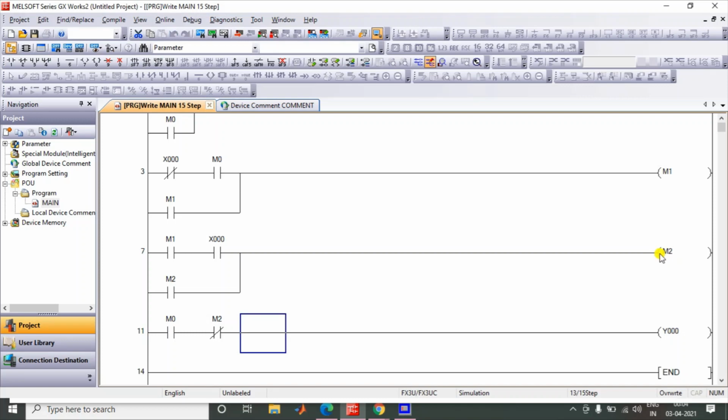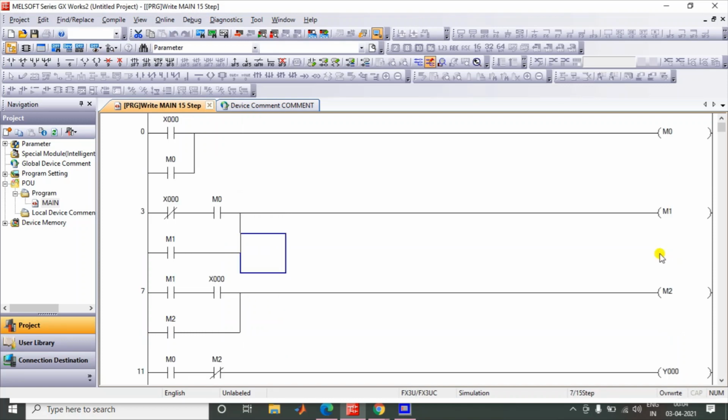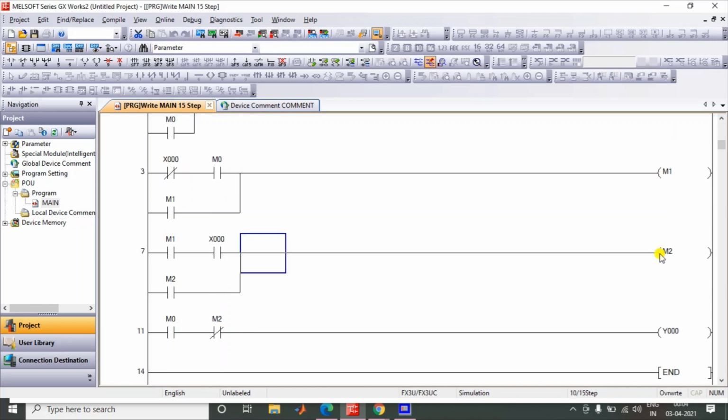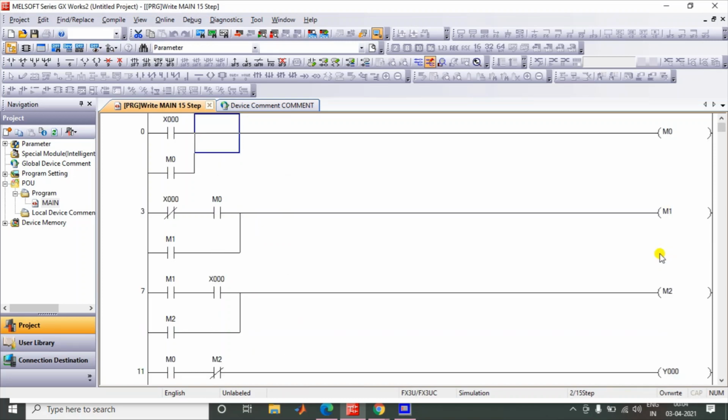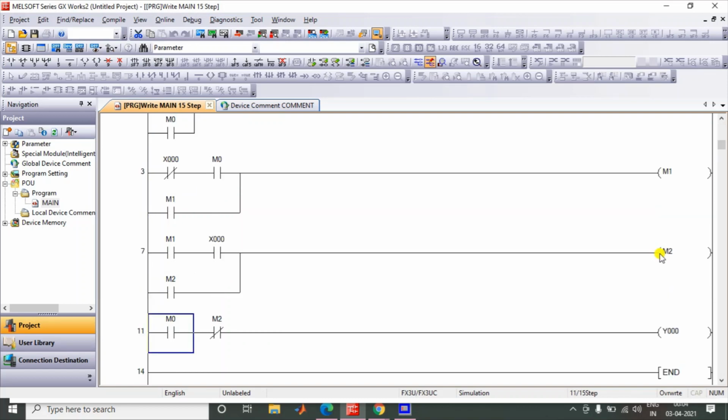This logic is incomplete but almost complete, you can say. What I'm actually doing is pressing the input and holding memory. From this memory, I'm triggering my lamp Y0 on.